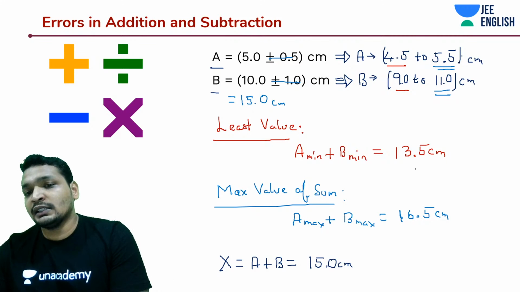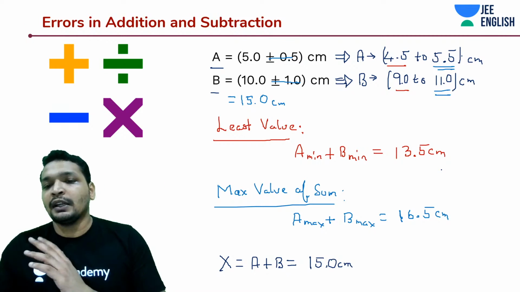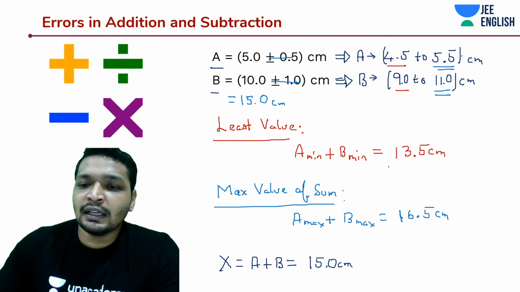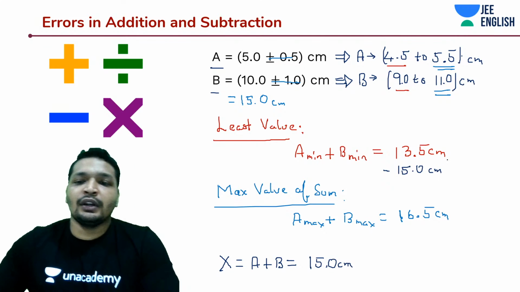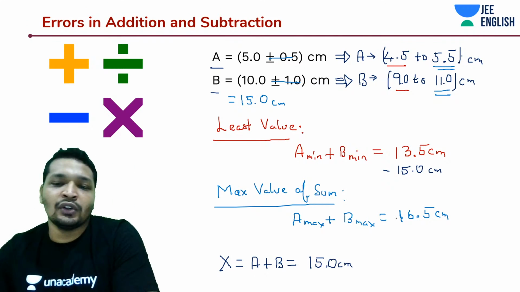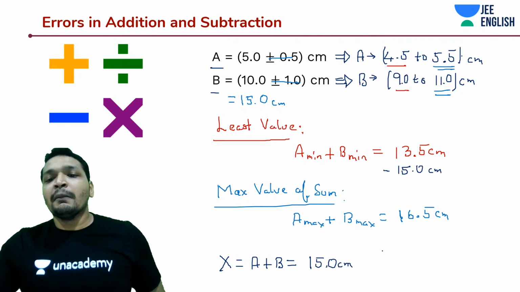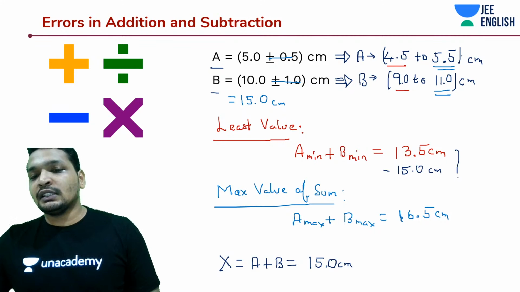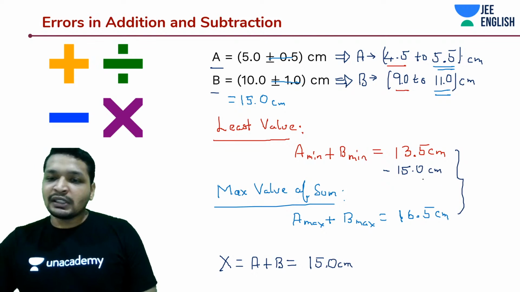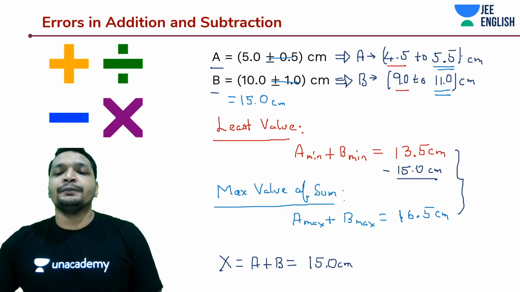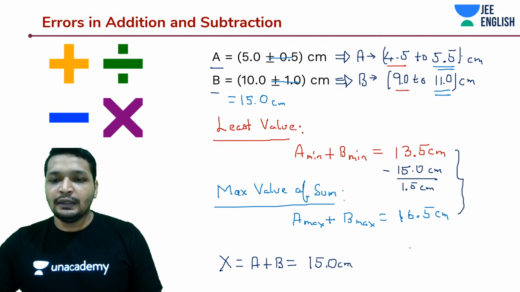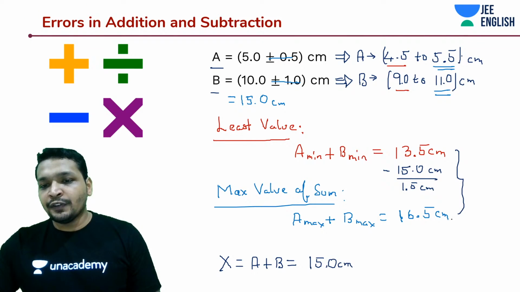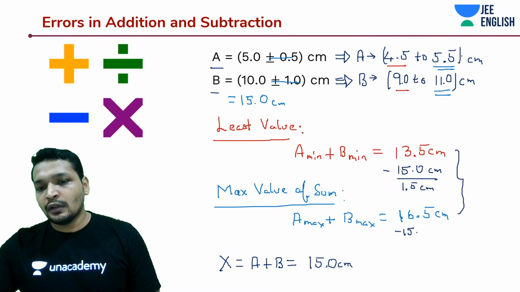This is the maximum error in the left direction. This is the maximum error in the right direction. How much is this maximum error in the left direction? Let's subtract it from the. I mean, this is not the accurate value that we know. Neither 15 centimeters is the accurate value, neither 13.5, neither 16.5. But your sum is supposed to lie within this range. How much is this? 1.5 centimeters, right? And how much is this? Minus 15, you do minus 15. How much are you getting? Here you are getting minus 1.5. Here you will be getting